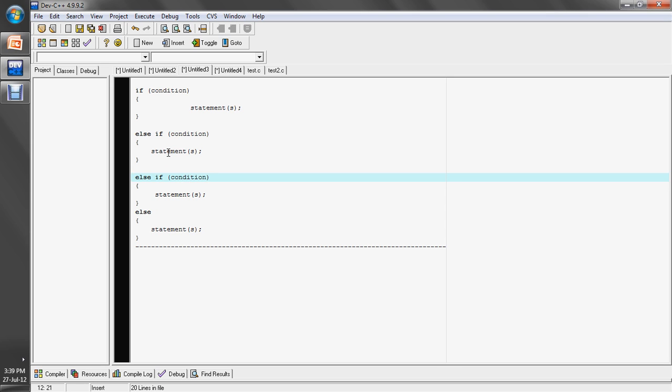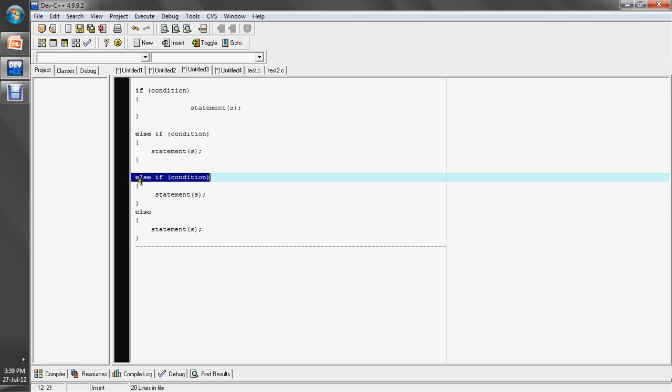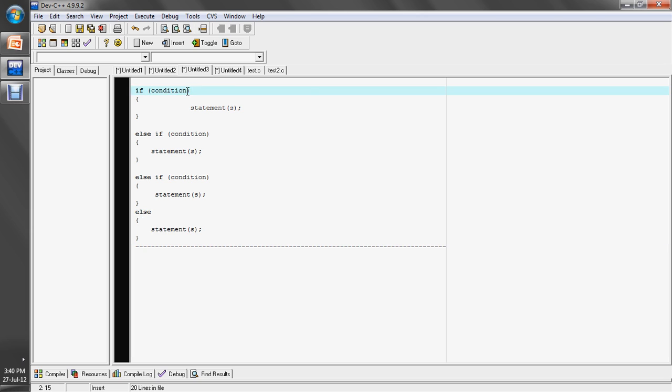So here we have multiple conditions. First condition is this: if this is true, this block will be executed. And if it is wrong, then this condition is checked and this block is evaluated. And this is the last false case, and its block. So here you can see that you can write here